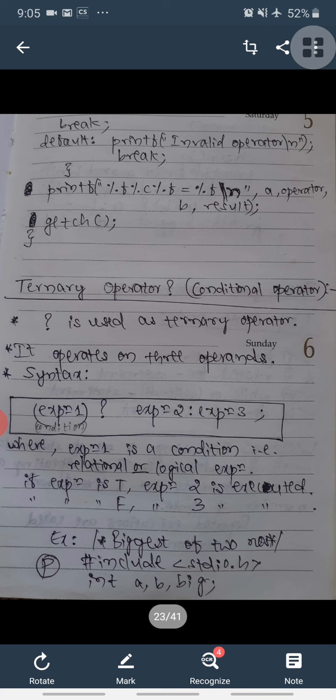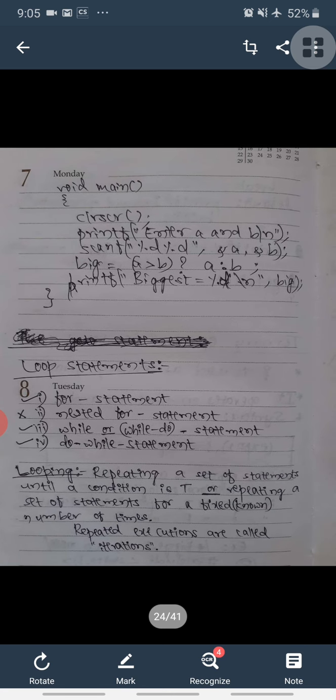One best example for using this ternary operator is to find the biggest of two numbers. #include <stdio.h>, three variables I need: int a, b, big. Open the main function, enter a value and b value, %d, %d, &a, &b in scanf. Now once you know the values of a and b, try to compare them. So big = a > b ? a : b;